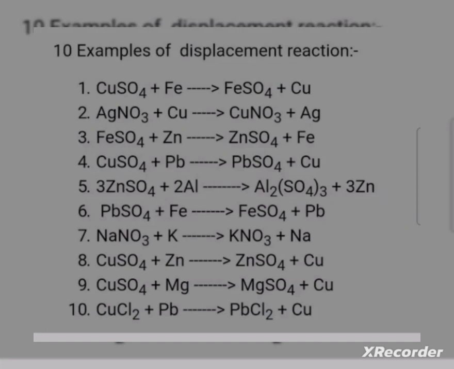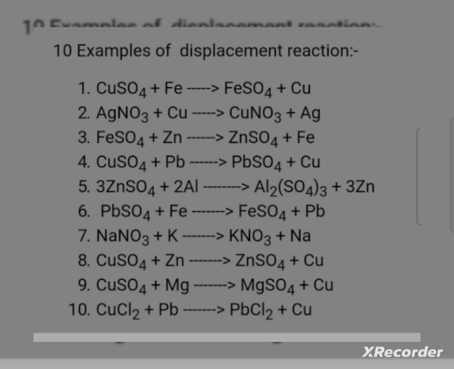Hello everyone, so today we will be discussing some examples of displacement reaction. We'll begin with the first example, which is when copper sulfate reacts with iron to form ferrous sulfate and copper. Ferrous sulfate is green in color. So this is an example of displacement reaction because here iron is displacing copper, as copper is less reactive than